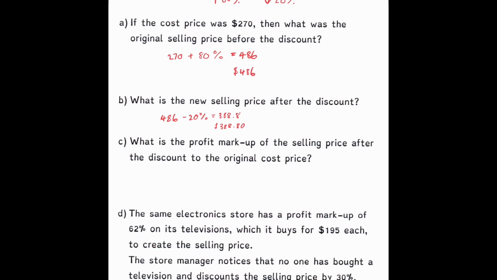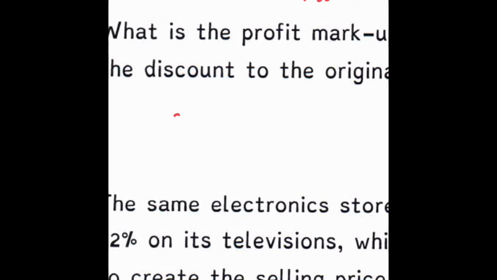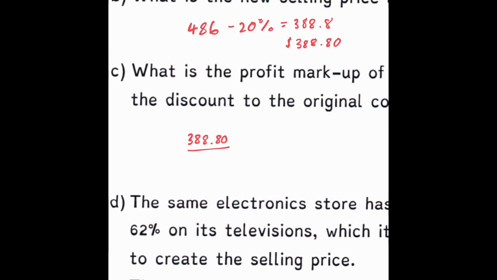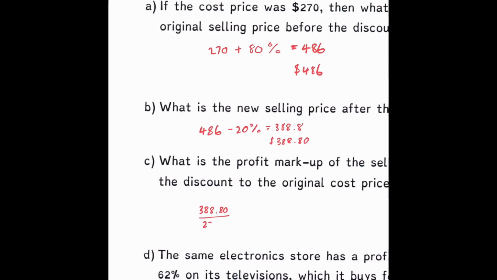Last thing, it's asking us to write the profit markup. It's always going to be a percentage of the selling price after the discount. So we're basically comparing this final answer to the original. So the way we do that is we're going to write what we ended up with out of, that's what a fraction means, the original price, which was 270. Now, if you type that into your calculator, and if you still have it from your last answer, you can just hit divide straight away. Keep in mind that's again what a fraction does, it's dividing. You get